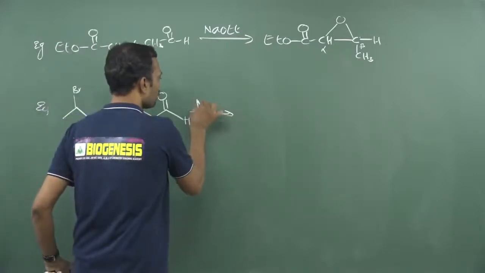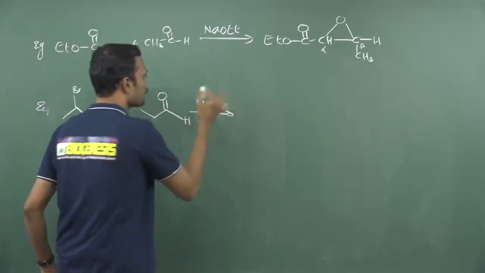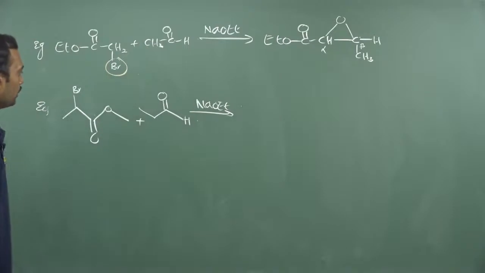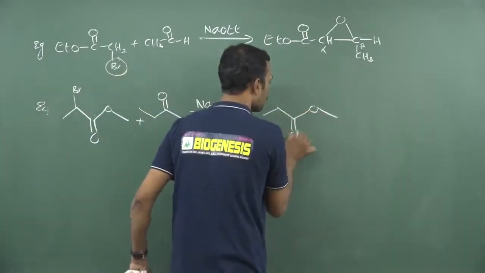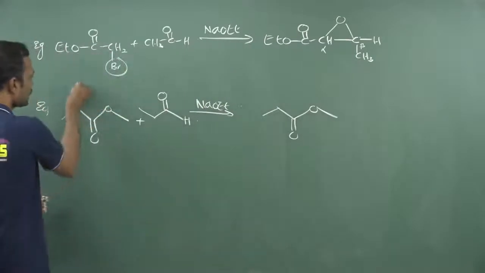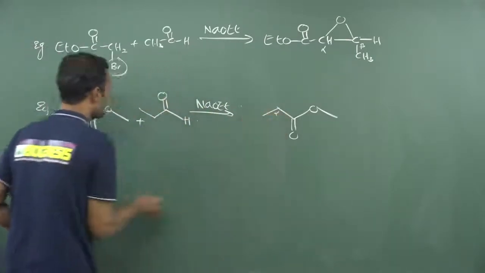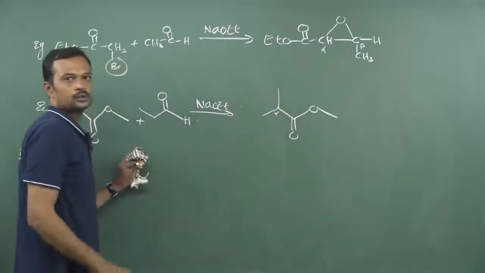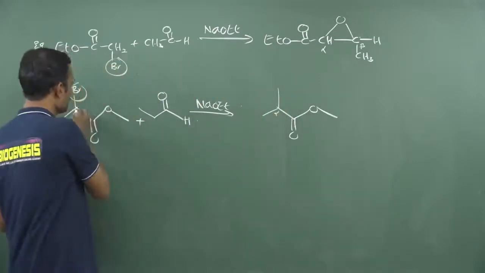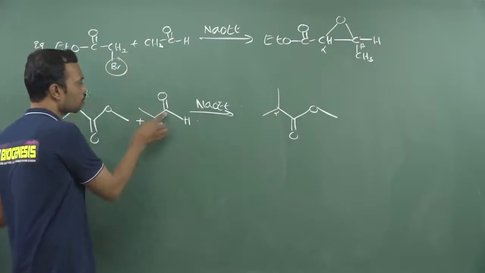Okay, so what is the resultant product here? How to predict the answer in skeleton form? Now you write down the skeleton as it is by removing its corresponding halogen. So remove this halogen and write down the skeleton. This is the alpha carbon, so at this carbon you need to create a bond. So create a bond. Okay, so alpha carbon, just remove this part and attack over here.